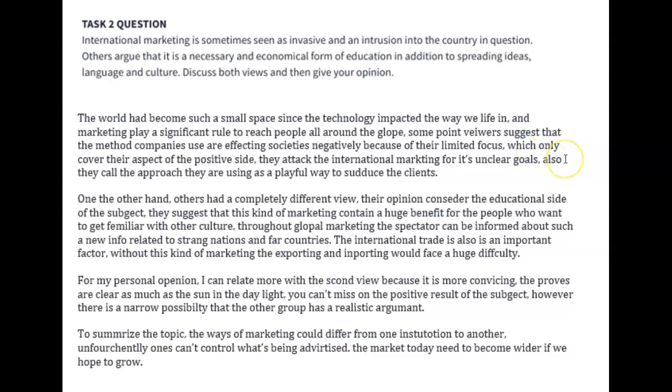And then it's not also, but it's on the other hand, some people believe this approach and not is a playful way to seduce. It's totally spelled wrong. It's seduce. But that's not what we're talking about. We're not talking about seducing clients. We're talking about providing education and spreading ideas. So all of this is really off topic, and it's confusing, and you haven't expressed your opinion, which is what you're supposed to do. It says give your opinion. So we don't have it, and so all this is really just creating a lot of